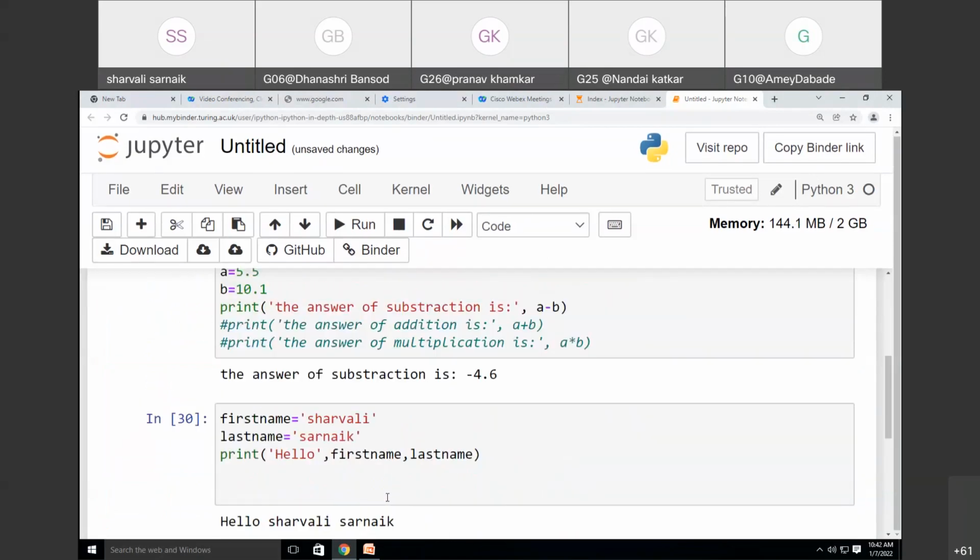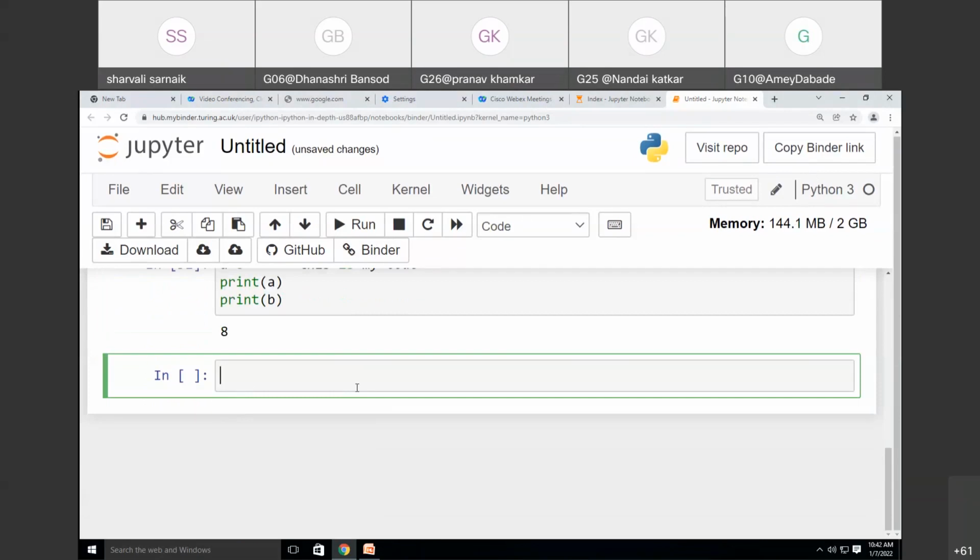Now the next thing I'm going to show you is that we have some inbuilt functions. Inbuilt functions help us give the result immediately. If you write an inbuilt function, it will help you find the answer easily. Suppose I want to find the minimum number among some numbers. There are some numbers and I want to find the minimum value. So we have a min function which will help us find the minimum value. See now how to do that.